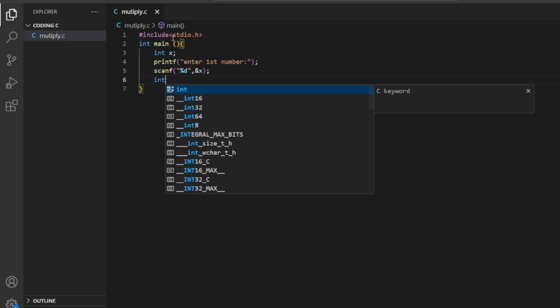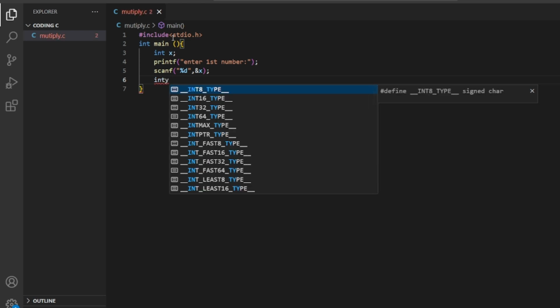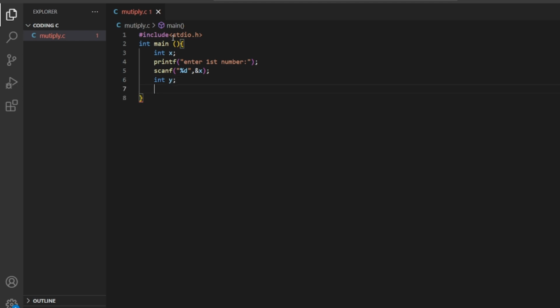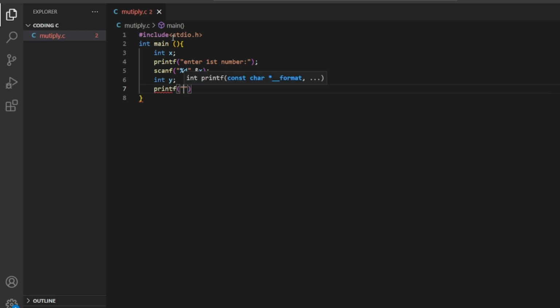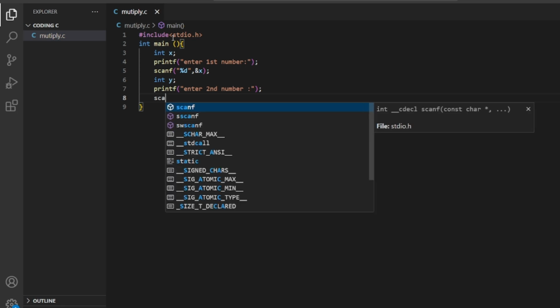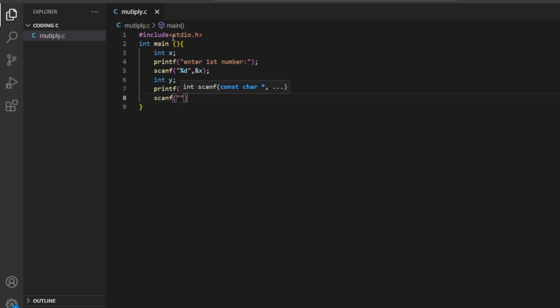We take another variable, let's say int y, now printf, and the second number. Scanf percent d, comma, and percent y,